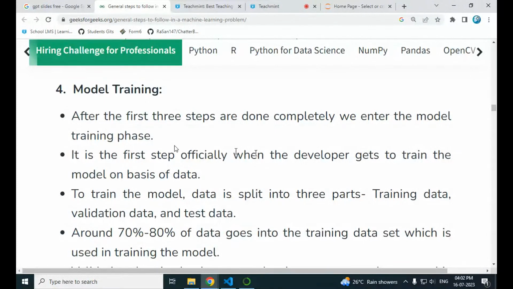So based on the data and the features that you have selected in feature selection and engineering, based on those y values and x values, you are going to decide what model you want, so that I can predict my y value accurately. After the first three steps are done completely, we enter into the model training